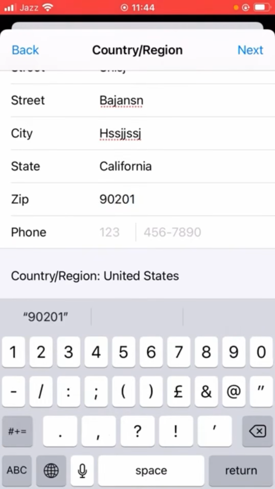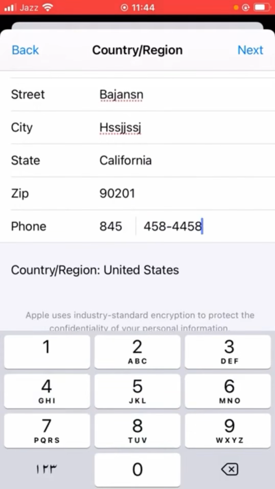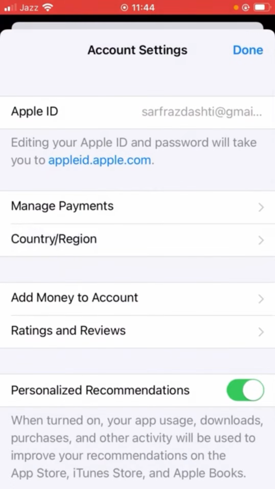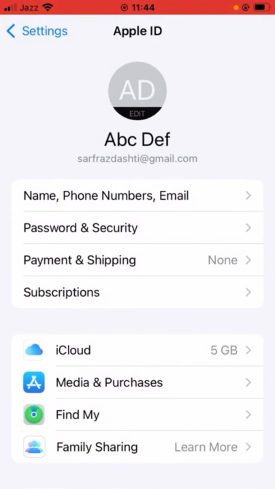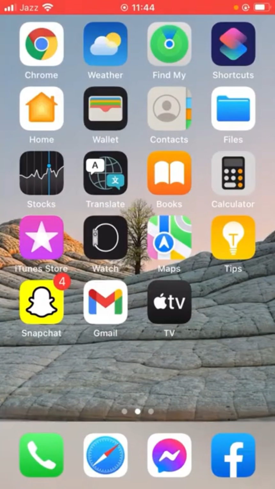And enter here your phone number. You can put a fake one, and now tap here on Next, and now tap on Done. So that's it. After this, go back and open up the App Store here and search for the app you want